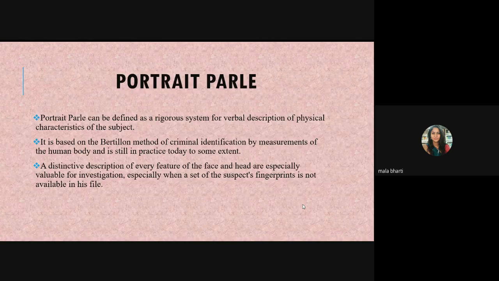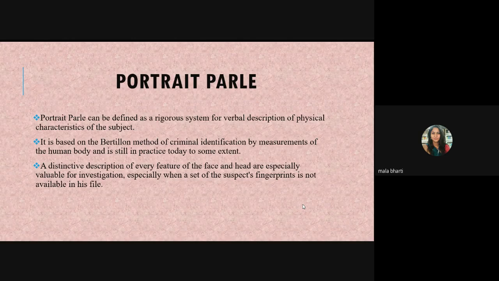So in that prison, whenever a criminal used to come, he used to write all the details of that individual. So he developed a thought: why not take these dimensions of an individual and maintain a database? Hence, if any crime is happening in a certain area, and after doing the whole crime scene reconstruction we get to know that a person is of this height, these dimensions, these measurements of the person, with that we can identify that person.